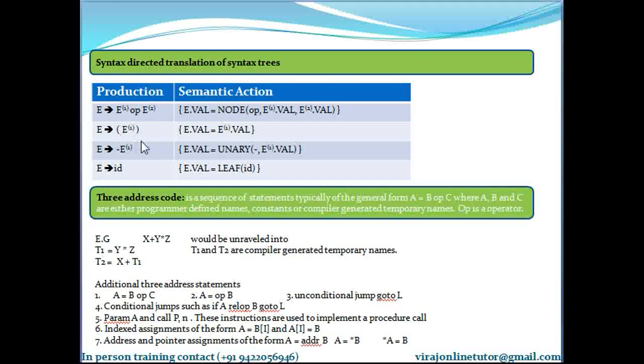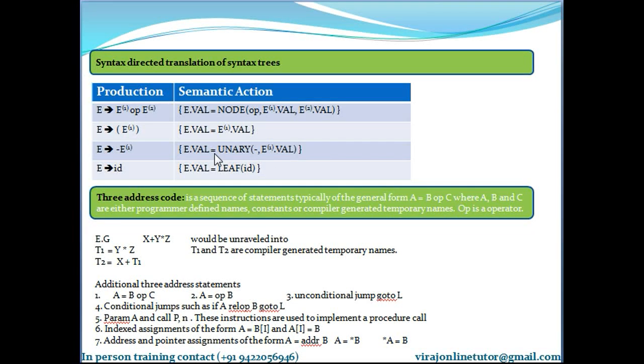So the second example is very easy. Whatever is the value of E1, I assign it to E. Now what does this function unary do? Unary function has two arguments.